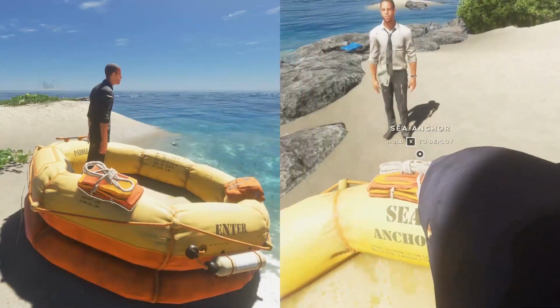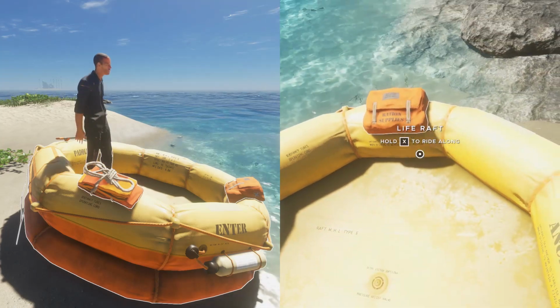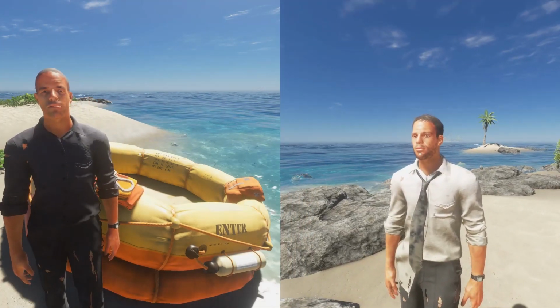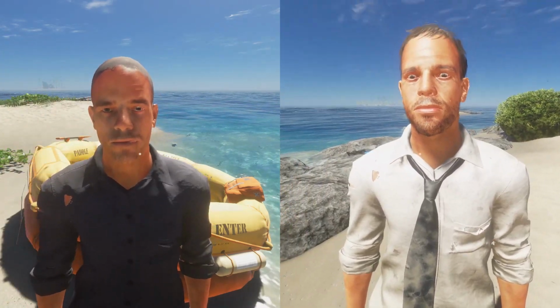Oh, this is so tricky. So tricky. Hold X, get off the life raft. No, X to ride along. Okay, he's now unlocked from the life raft because I hadn't realised the character model was just so...